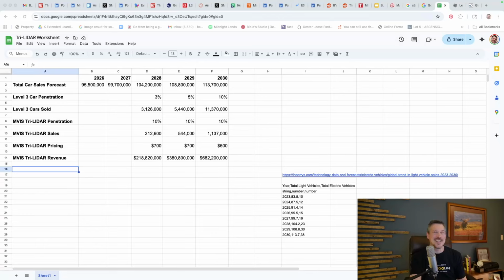Okay, so I got this forecast for light vehicles sold from a site called Immerse.com. You can take your pick. There's a variety of different market forecasts for vehicle sales going out through 2030 that are readily available. I just picked basically the first one that I found. So if this one is more aggressive than others, I don't know. I haven't had a chance to spend too much time. But just taking these values, it goes from 95.5 million cars sold, this is globally, to 113 million by the